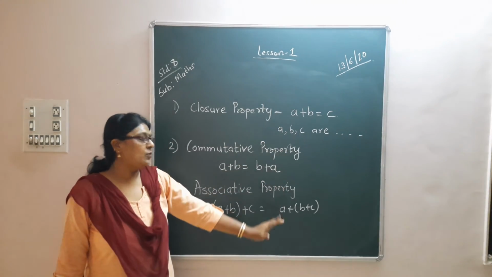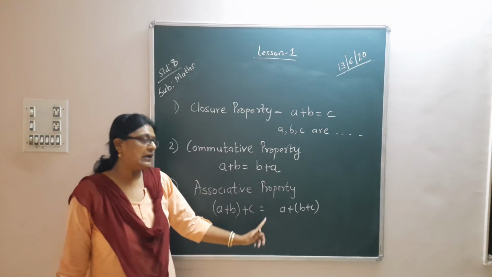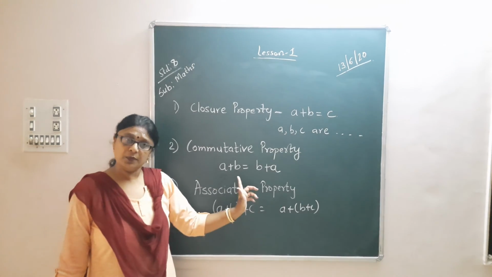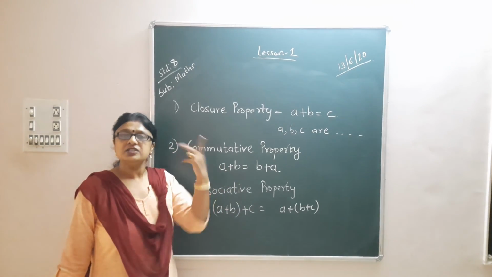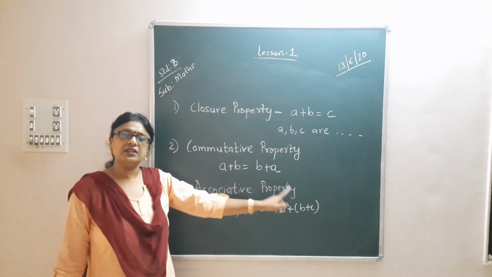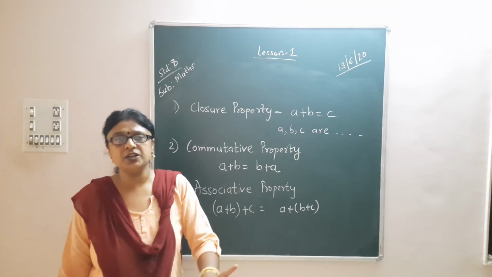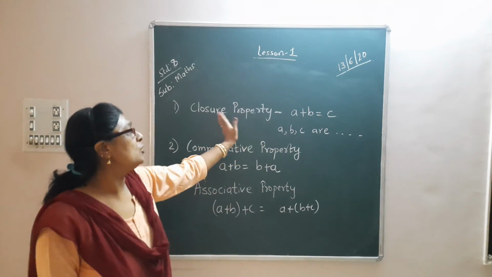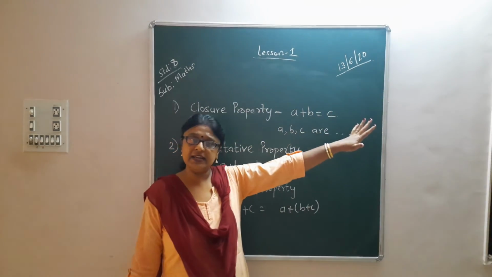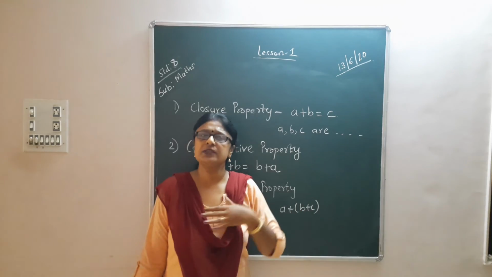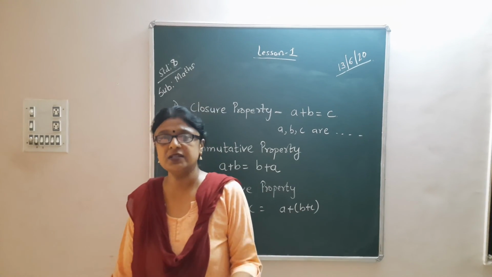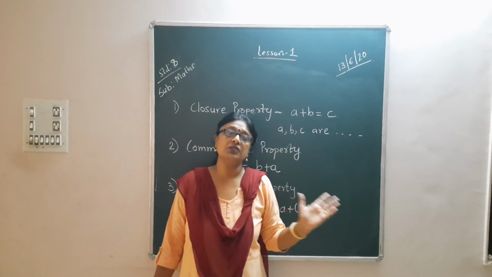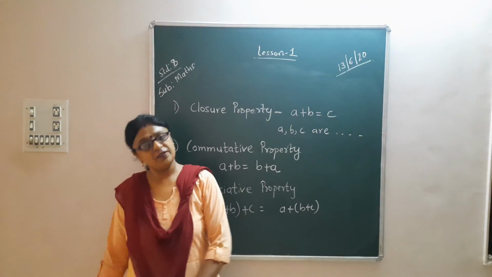The general forms, if you remember in this way, will be easy for you. Okay, commutative means you should have in your mind changing the order. Associative property means again it should blink in your mind changing the order of the groups. Okay, and closure property means just adding or subtracting any type of two numbers, then the answer that you get is also the type of the number that you have taken.